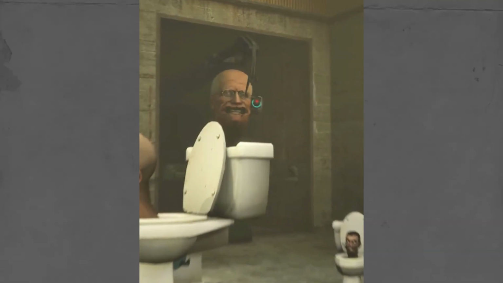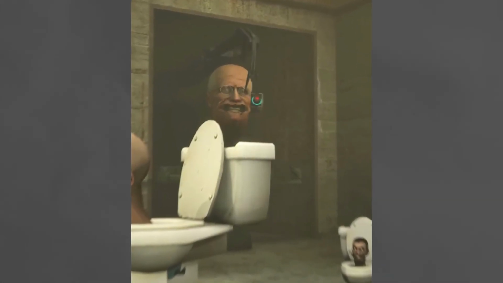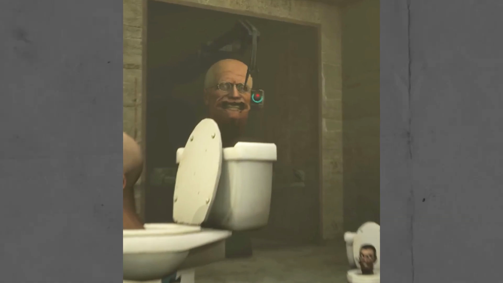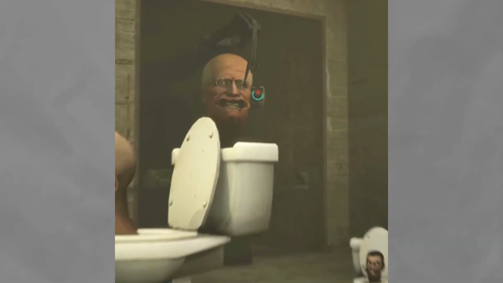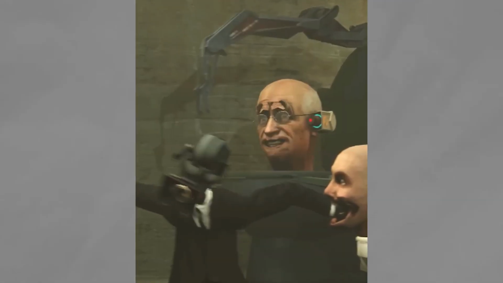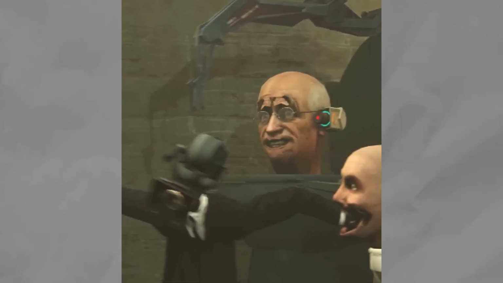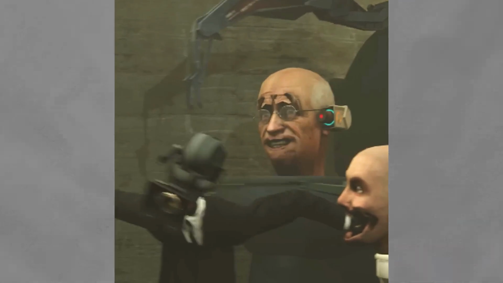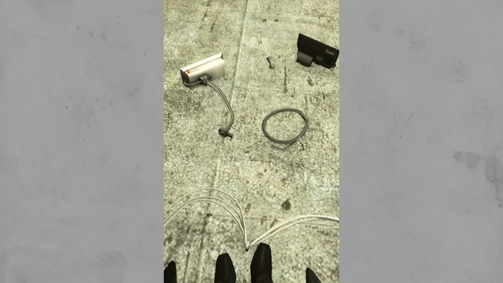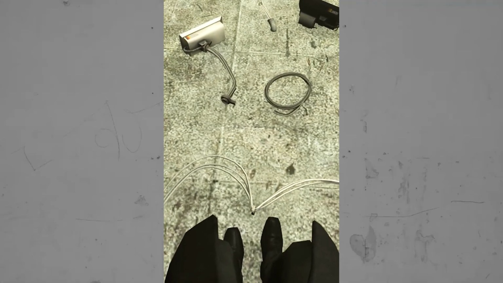Who is Skibidi Scientist in reality? We don't encounter this character frequently in all the Skibidi Toilet episodes, but believe me, he is one of the key antagonists in the entire war. Today, I'll tell you about his main secret and the horrifying details of his experiments. You will learn more about the main villain of the entire Skibidi Toilet universe.